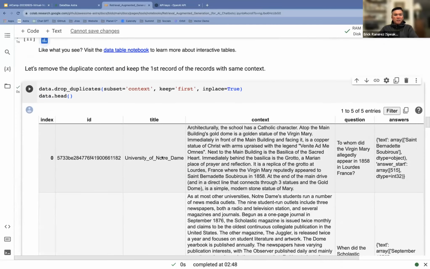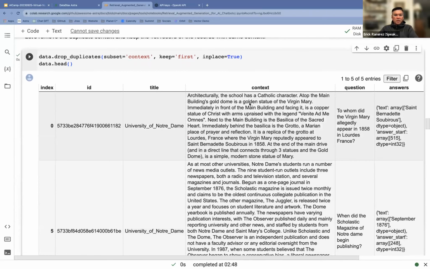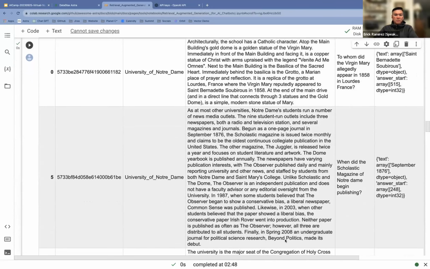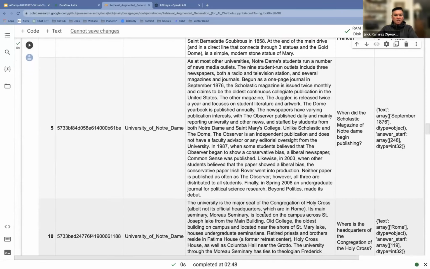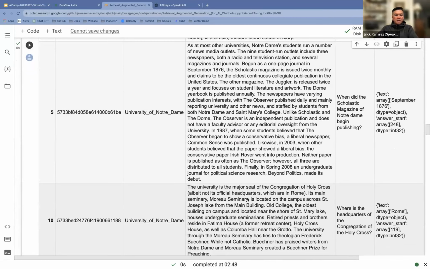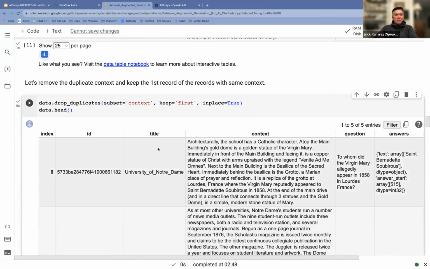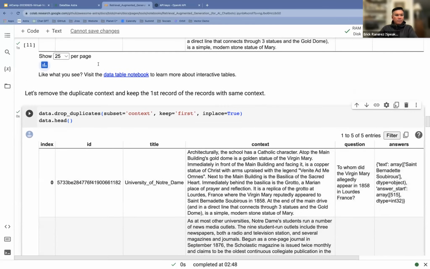After we've cleaned up the duplicates, there's one context, one title, a different context, and so on and so forth. So we've got just different text here. Okay, so just to go back, we've got an ID, a title, a context, a question, and an answer.